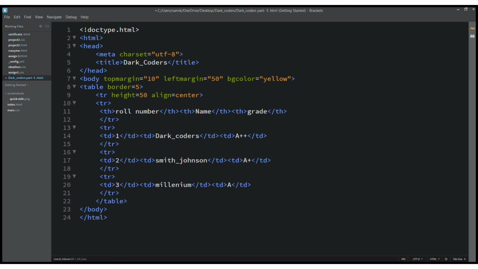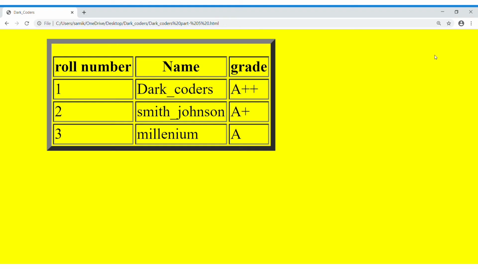Let's go to our running page and see whether it works or not. Oh wait, before going to the running page I will change the height because it's too much. I will make it 10. Okay, now we will go to the running page and see whether it works. So guys, you are able to see here the roll number.